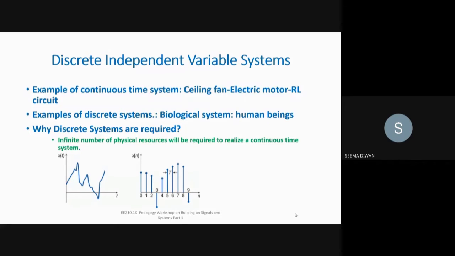For that, I want to take the input signal. If you consider a continuous time signal, which is represented here, in a very small interval, for example, the magnitude changes from 0.1 to 0.2. So here the magnitude is 0.1, and this interval is 0.1 seconds. If you are measuring this signal over a very, very short interval, there are infinite numbers of magnitude variations that are seen in a continuous time signal.